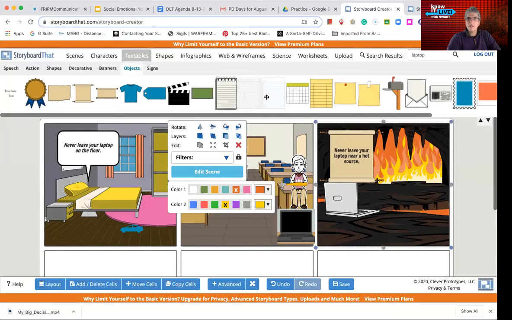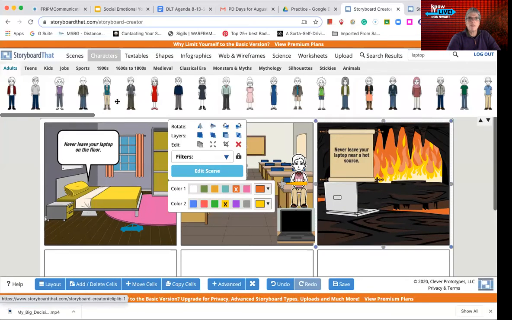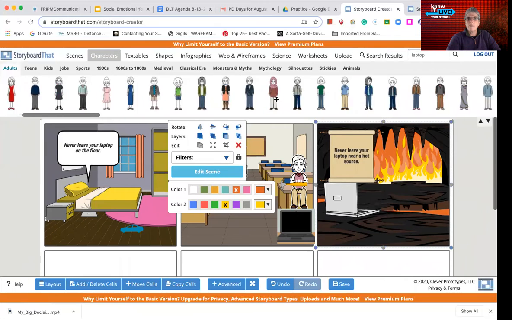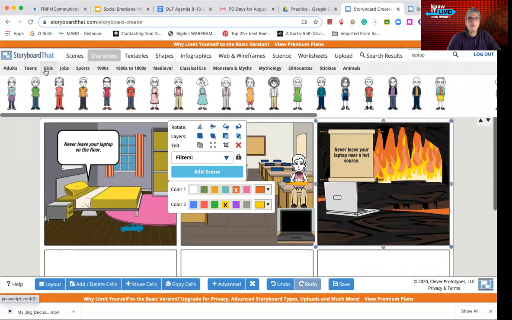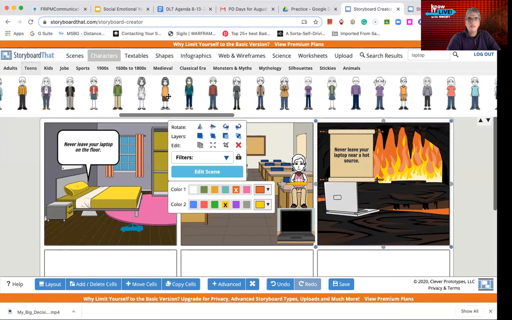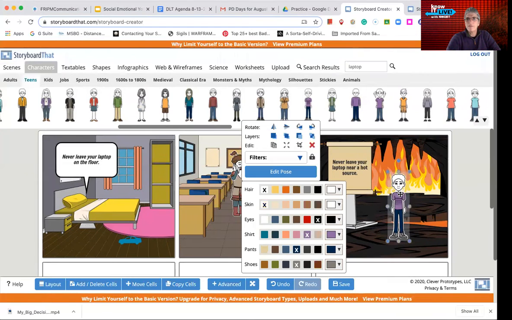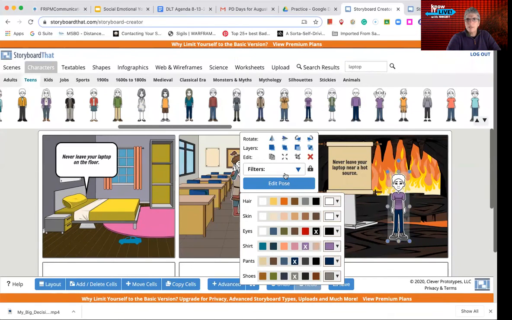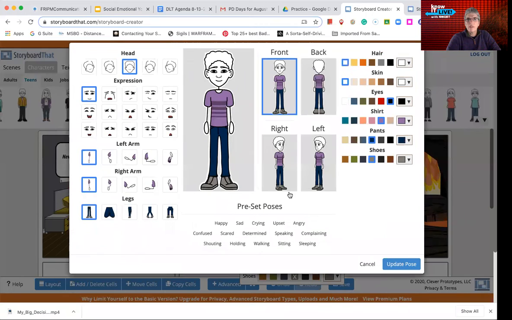And I might even get another person. So I'm going to go to characters, and I want to get, let's see, how kid is different from teens. Let's get a teen, and there he is. Let's just click and hold and drag him down there. And then I want his pose to be different. So let's